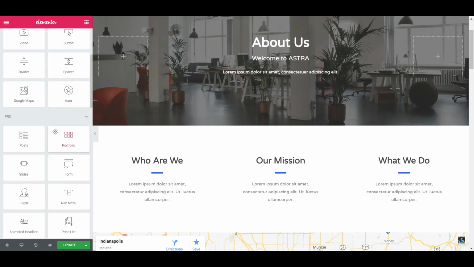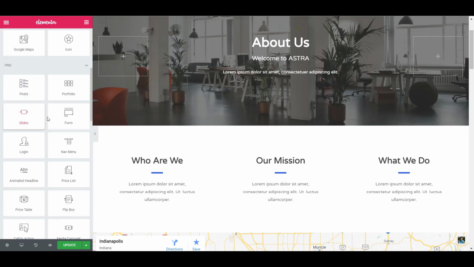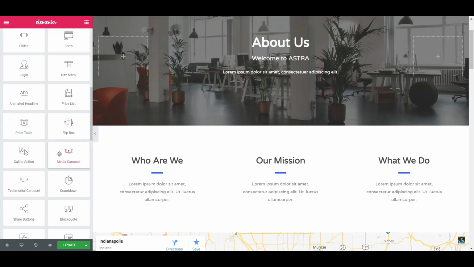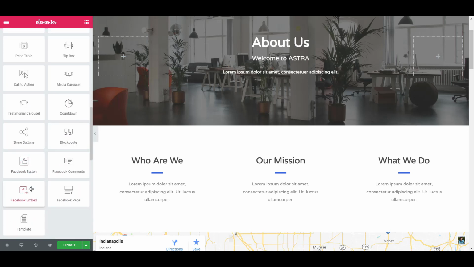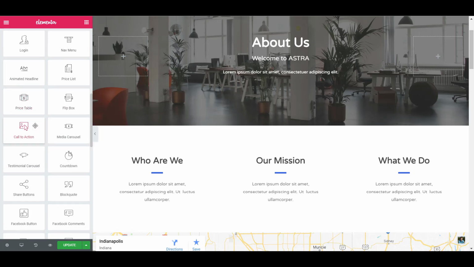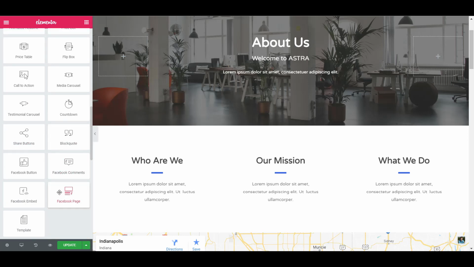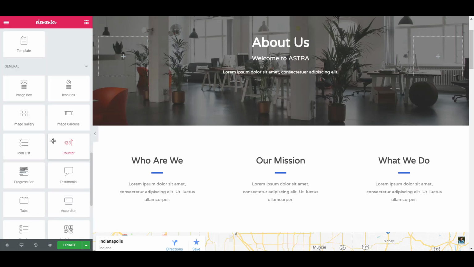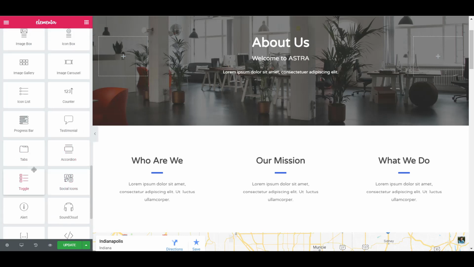This is just the basic stuff. Icons, pro items, if you have that option. There's the different pro items. We don't really need to go into detail too much about them. Let's see. Yeah, so there's like the slider, navigation menu if you want that somewhere. Yeah, just kind of self-explanatory stuff there. You can add Facebook embeds to your page, some share buttons. And here are just some more general items if you want to add them, like